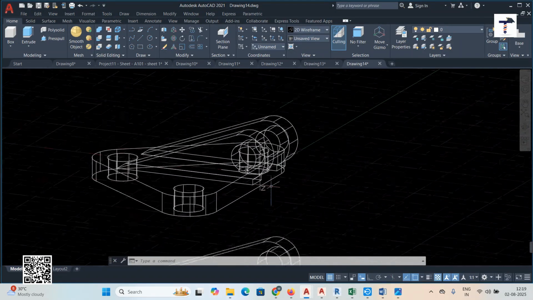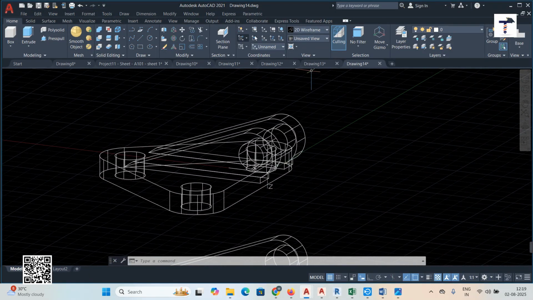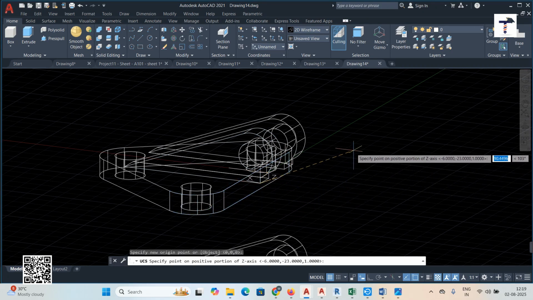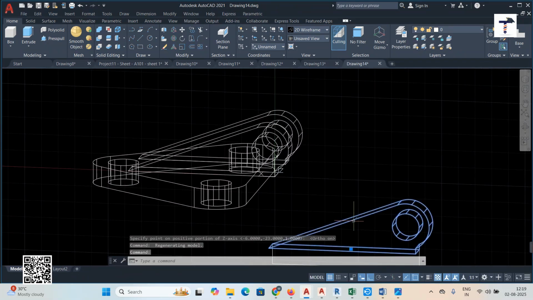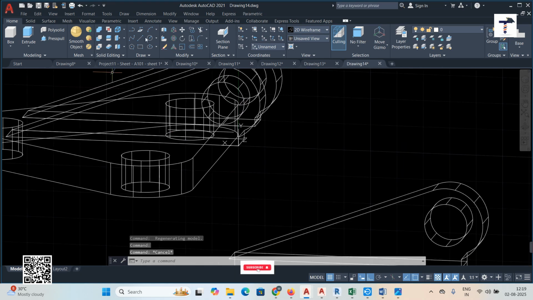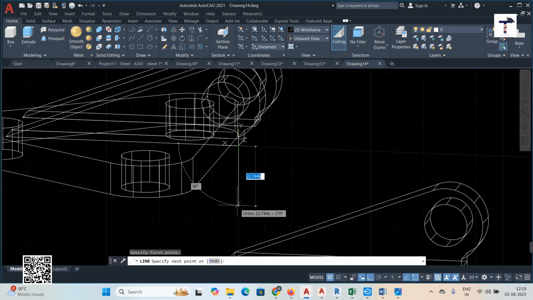So change the views, draw this line, draw this point, this is 12,